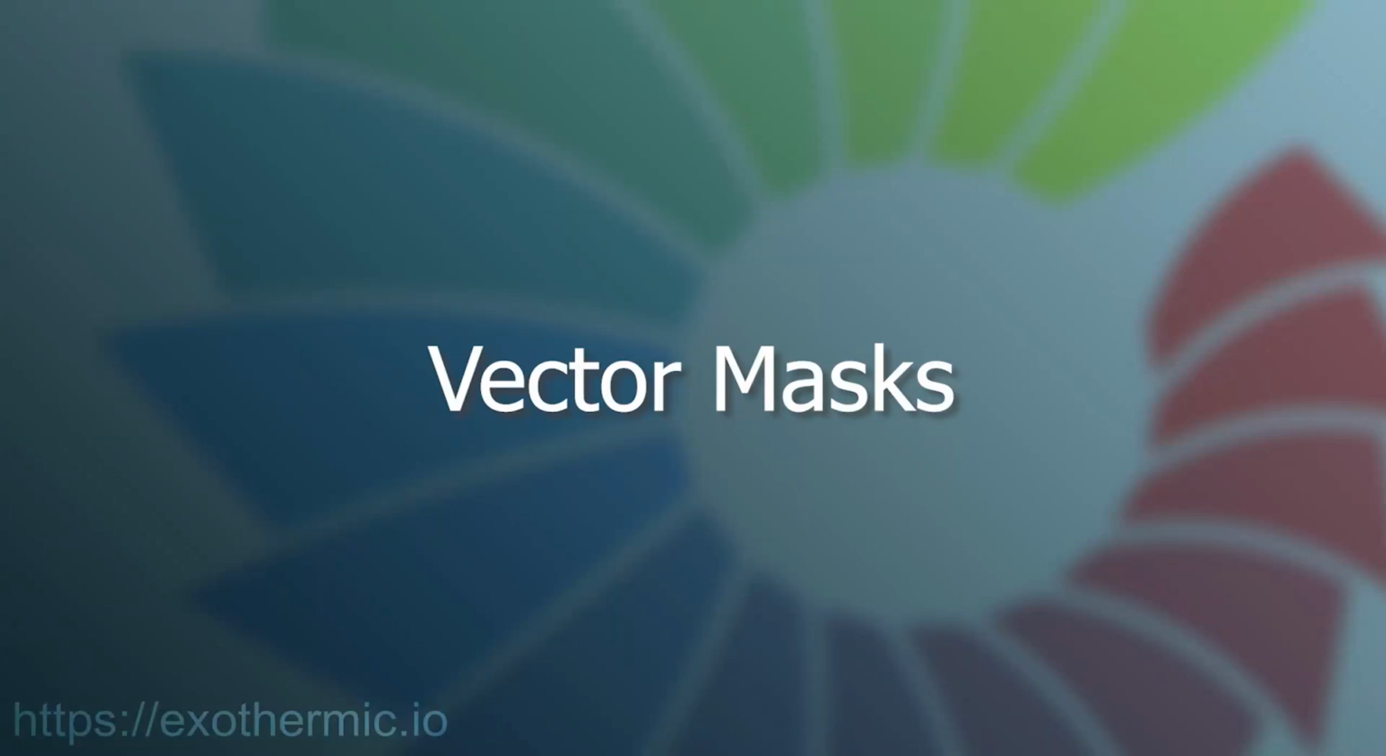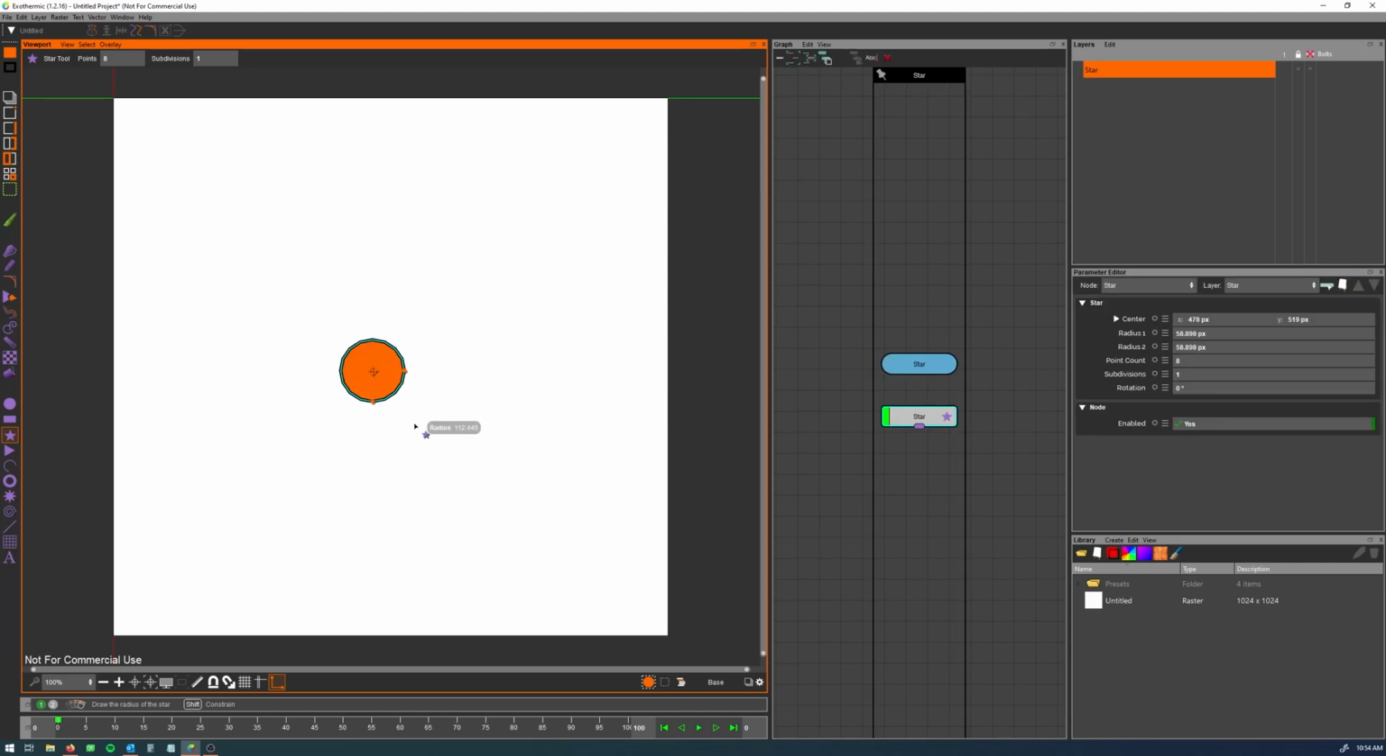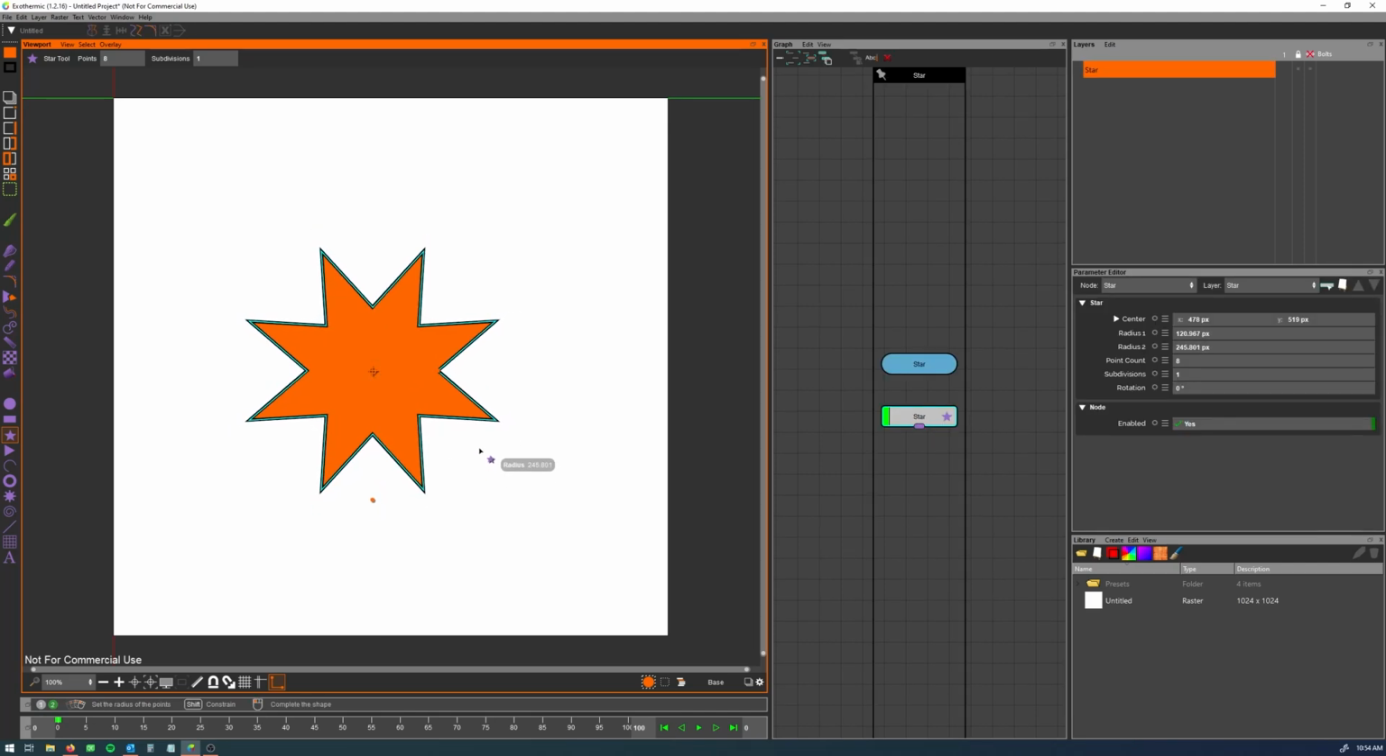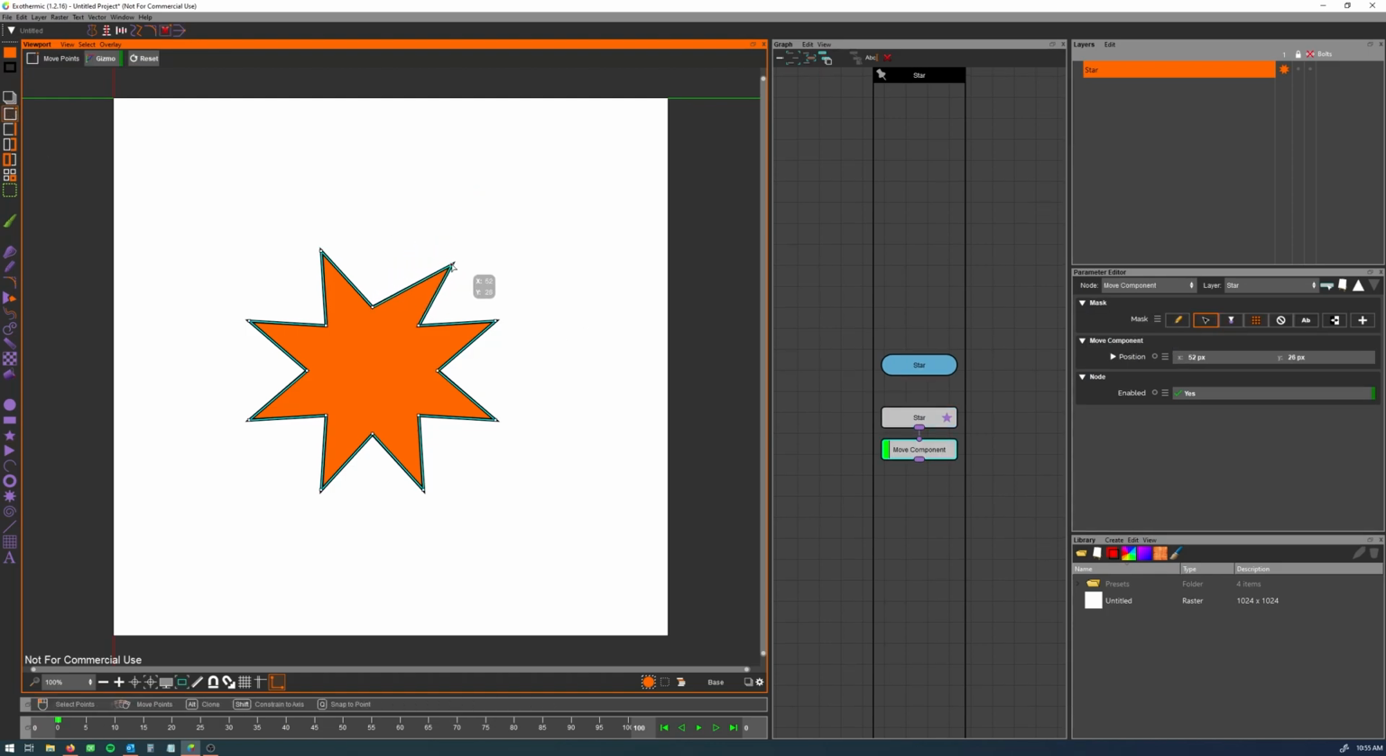In this video, we are going to talk about vector masks. So you might have already been using vector masks without knowing it, because when you work in the viewport, say you select a point and move it, you are actually creating a vector mask, without even probably knowing it. Because when the node is created that actually performs the move, there is a mask parameter,